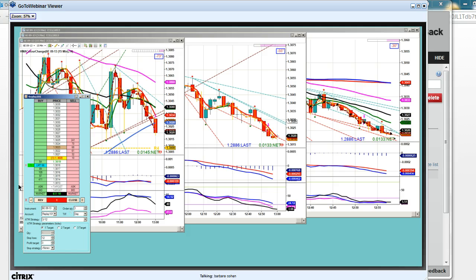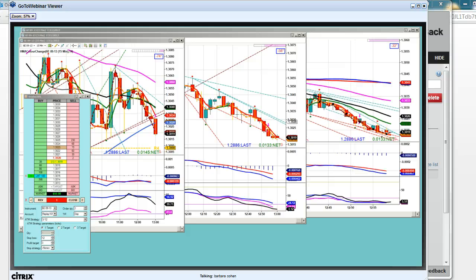Okay, so I got in slightly earlier than I wanted to demonstrate this point, but I'm going to speed this up a little bit to demonstrate this. Why didn't you enter on the touching candle? Because I'm trying to just demonstrate the type of mistakes that you're going to make.